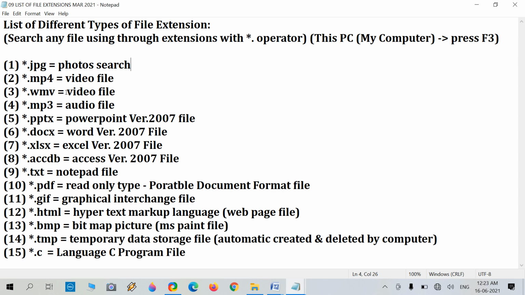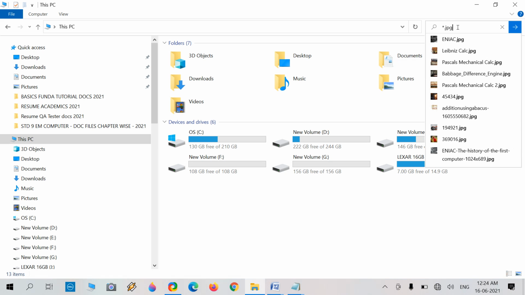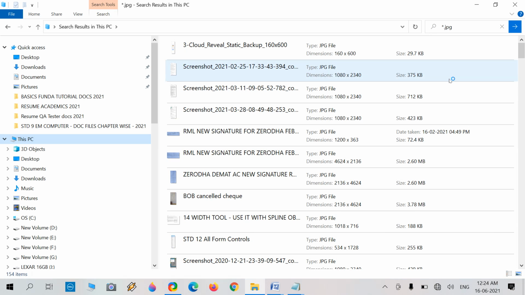Asterisk means all and each file that has the extension jpg, any kind of file or any name of file, but containing the jpg extension. Each and every .jpg file will arise or be displayed. Now I'm trying this asterisk.jpg, write this and press Enter, and it will generate the list.